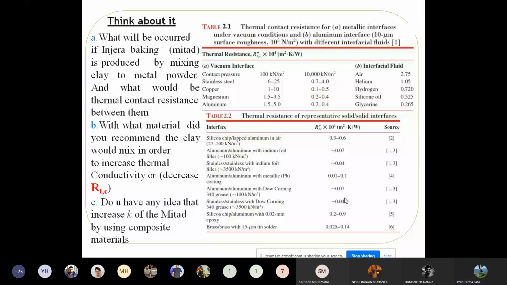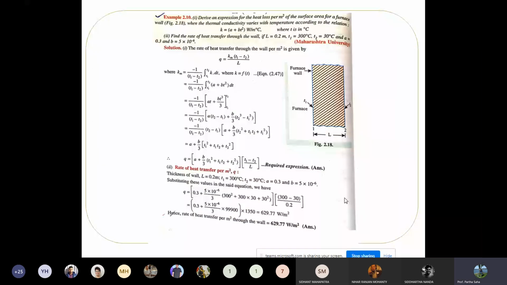Now we'll go through some numericals. I think in the first class also I discussed a couple of different numericals with you. So let us see a couple of numericals here, and then I'll give you some numericals to solve in the class. You can solve them and turn them over to me in the next class. So let us see first the expression.